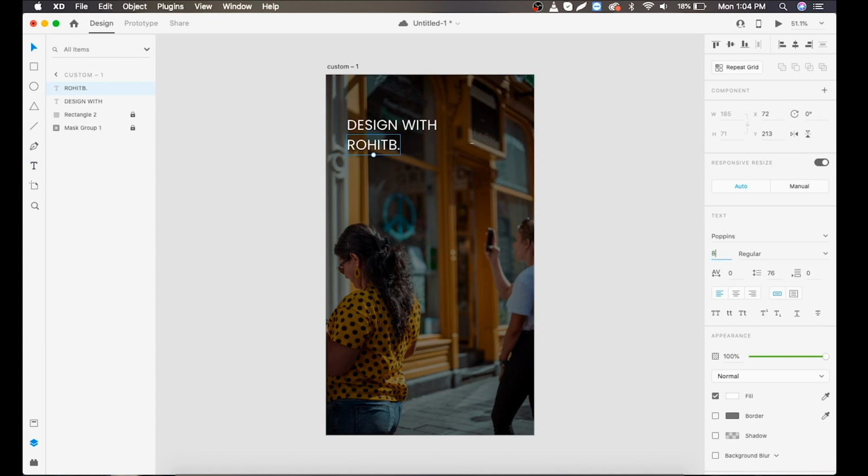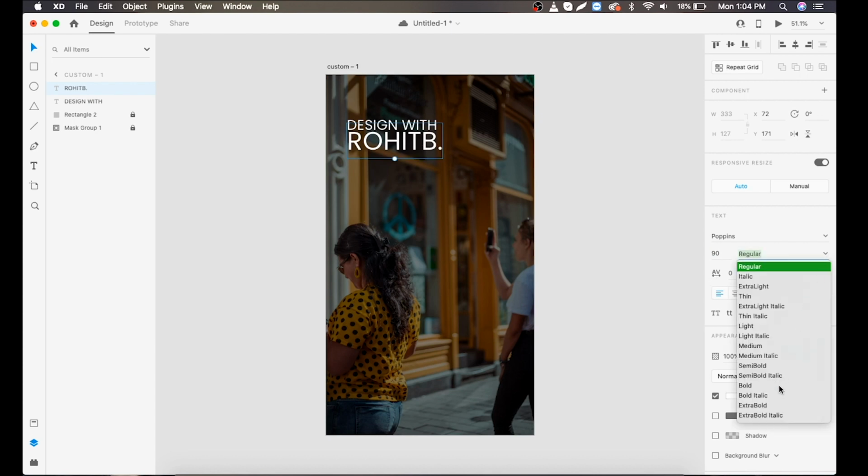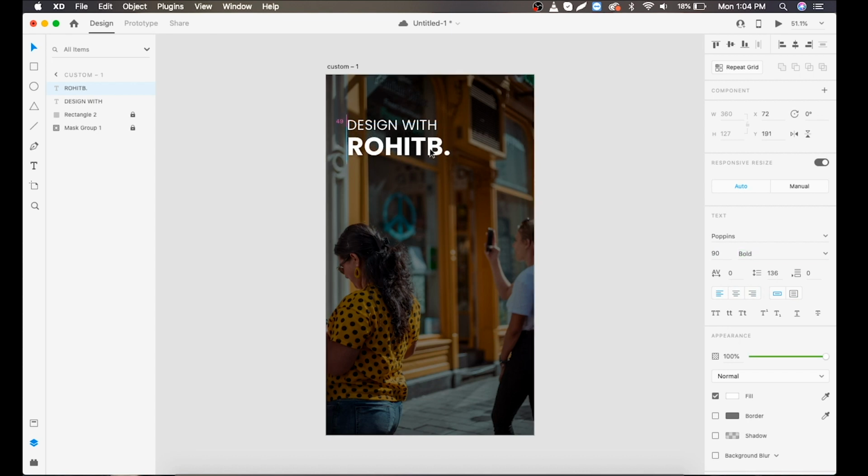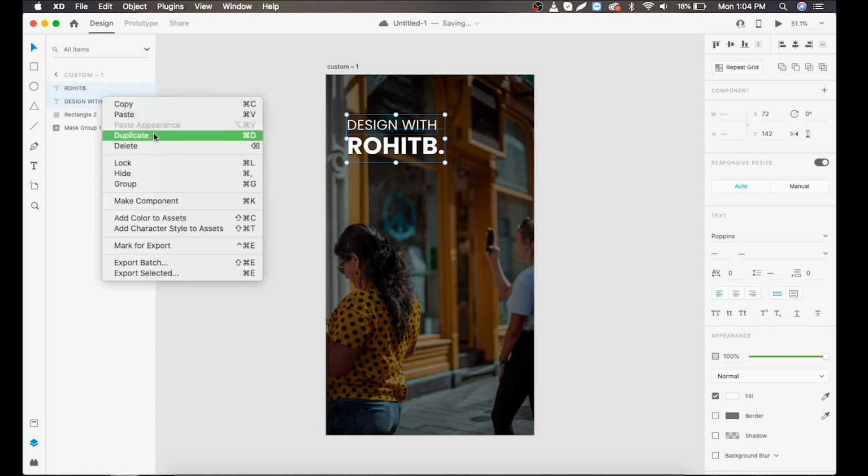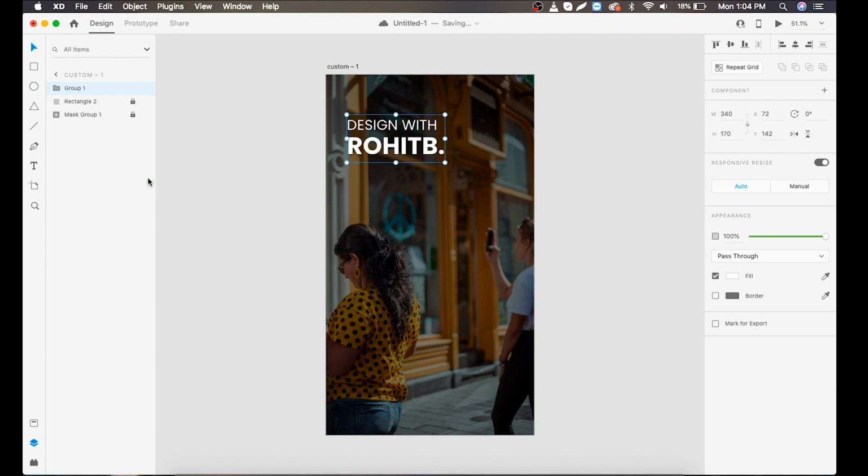And make font size to 90 and make it bold. 90 is big, let's make it 85. Perfect. Now select both text layer by holding Ctrl key, then right click on it and make it group. Double click on the layer to rename it.